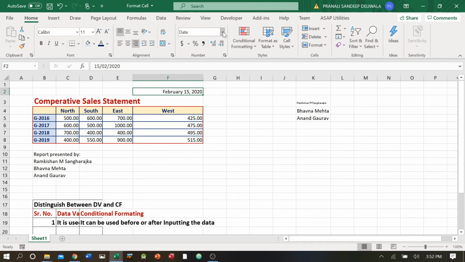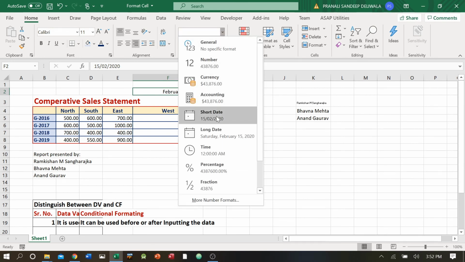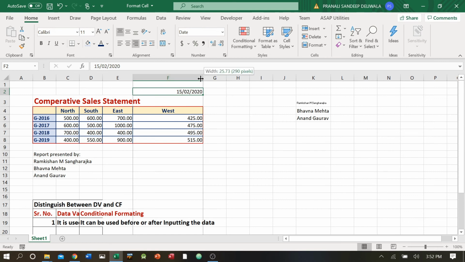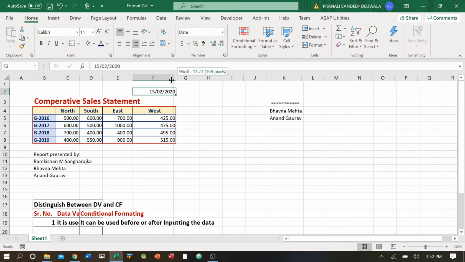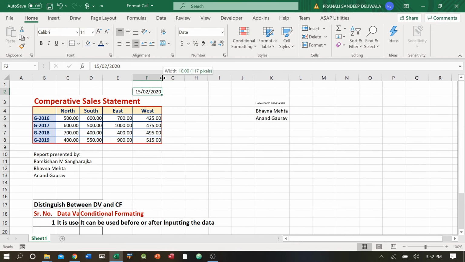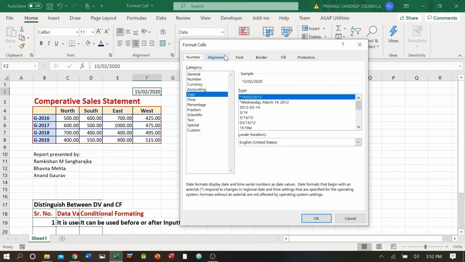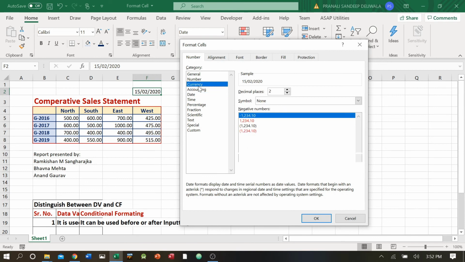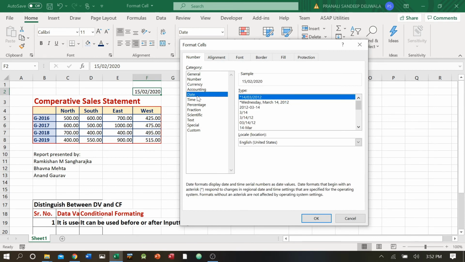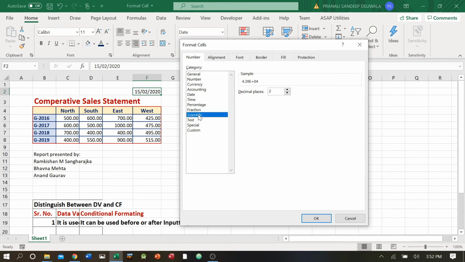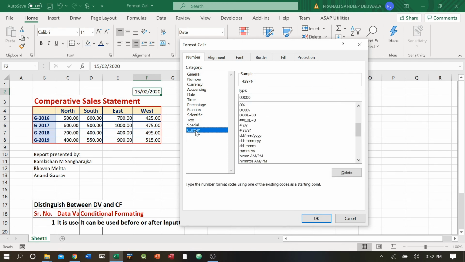Okay, let us make the standard date now. I'll say short date and I'll again reduce to the same size. So that was number and the date. There are many other things available. We have seen numbers, we have seen currency, we have seen date. There are other things available. You can take scientific for long numbers. Okay, I'll teach you where you can use the special and custom in the intermediate or advanced Excel.